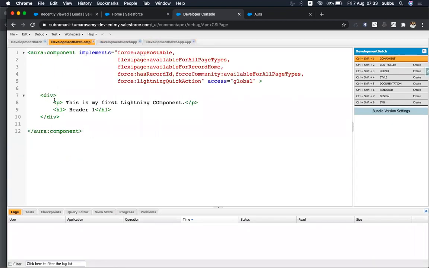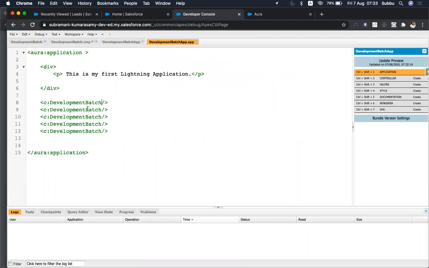Here this is something like a static text, right? This is my lightning component, a header one, I'm passing it as static text. If we want to dynamically pass this value, see here, I have implemented the same component 5 times, but every time I want to dynamically pass the value and print it.